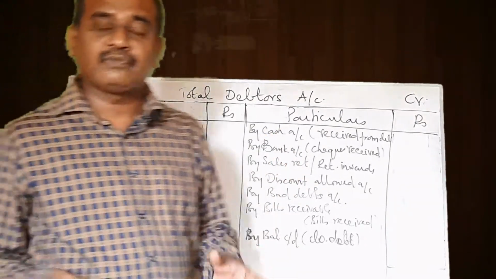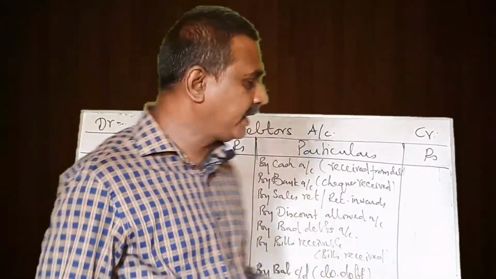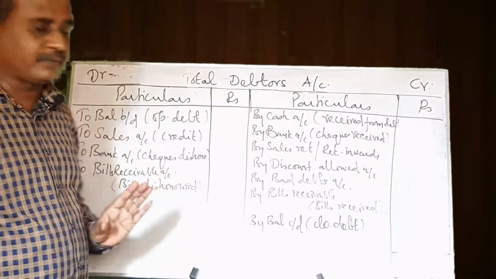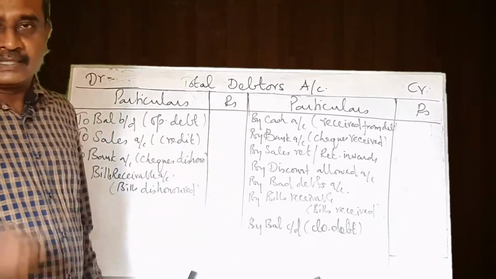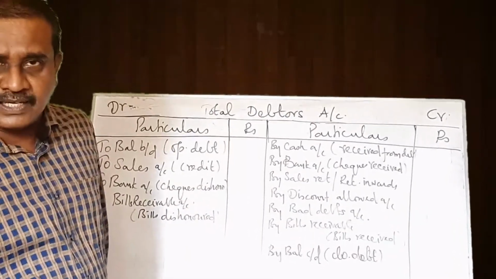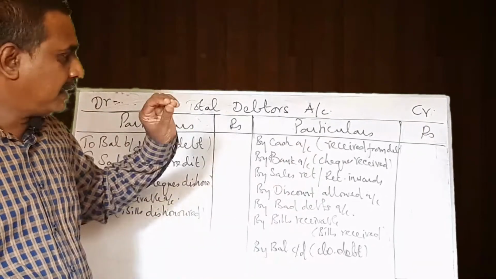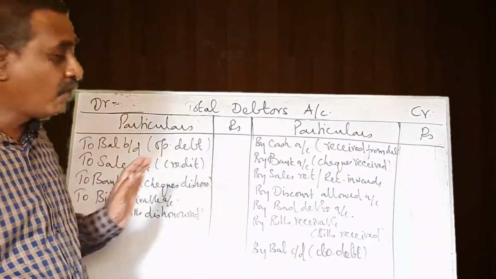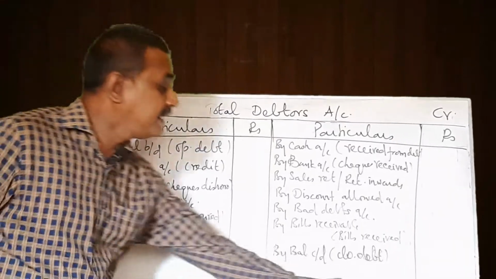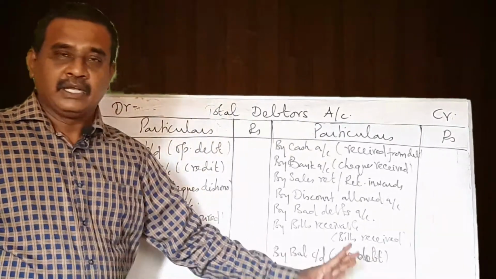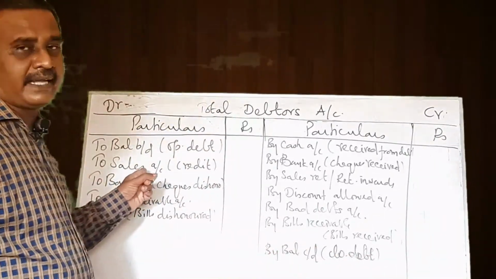Now, how to find out the credit sales? First, write the format of the total debtors account. This is the format of the total debtors account. Now take the figures given in the sum and write them in their concerned places, and go for balancing these two. If they ask you credit sales, this side will be exceeding. So first total this side and find the difference. That will be the credit sales.